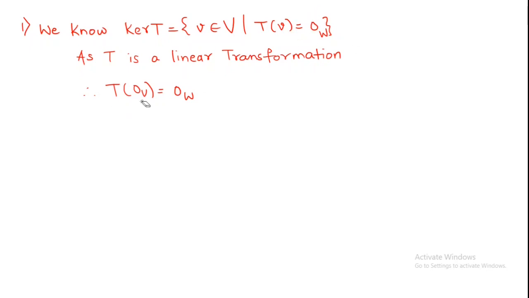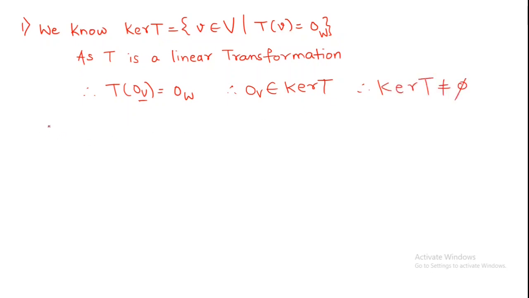Now since T of 0V is equal to 0W, the meaning of this is that the image of 0 is nothing but 0, and you already know which elements are present in kernel of T, those elements of V that are mapped to 0. So over here which element of V is mapped to 0? This one, right? So therefore 0 of V belongs to what? Kernel of T. Since it is mapped to 0, therefore kernel of T is non-empty,